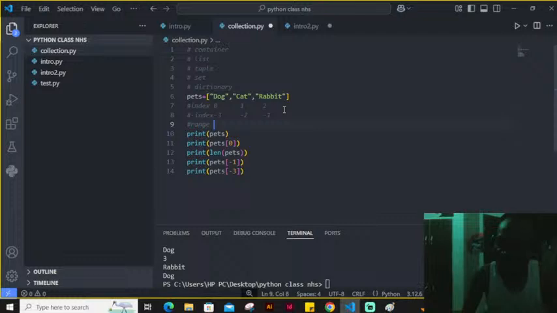Now, if I want to print out cat and rabbit, the range of value for cat and rabbit is going to be the lowest to the highest. Now, I want to get cat and rabbit. I will have to call 0 ratio